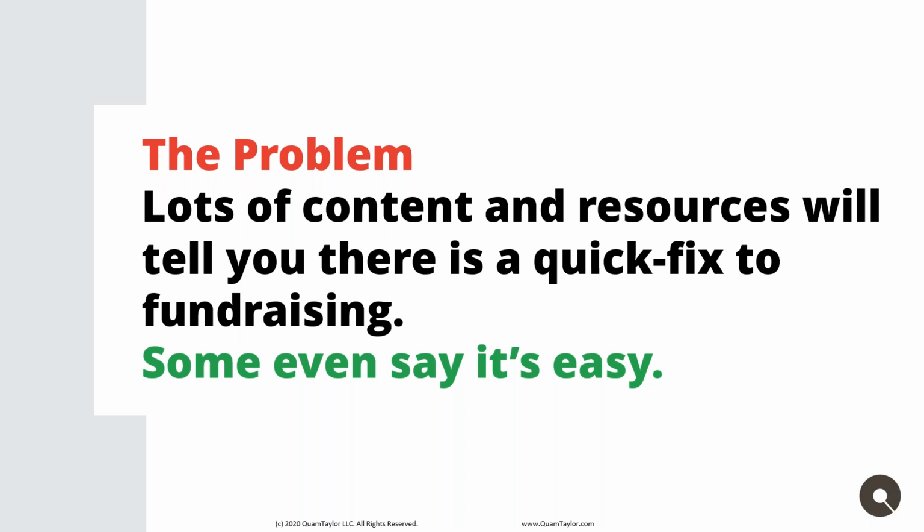And I don't mean that to discourage you. I want you to be realistic. If you want to grow your individual gifts, your mid and major level gifts, you want an individual to write you a personal $50,000 check, that's going to take a while. It's not a quick fix, right? That is a personal check. And so